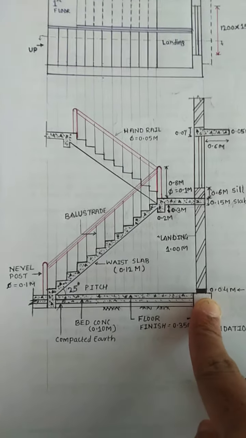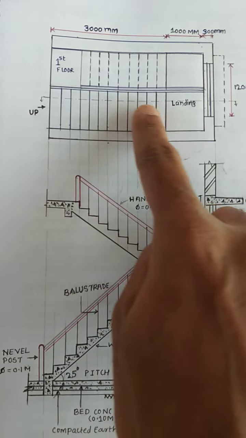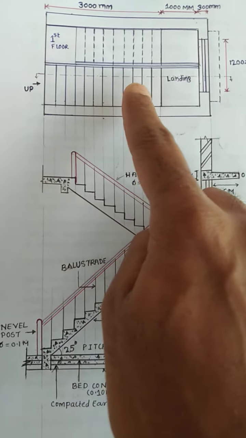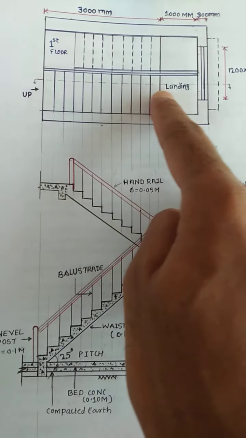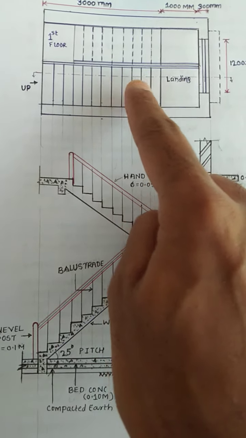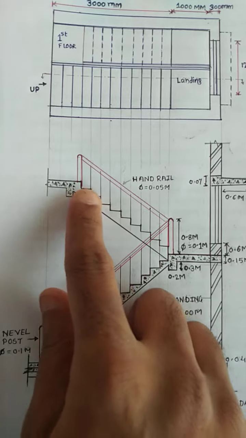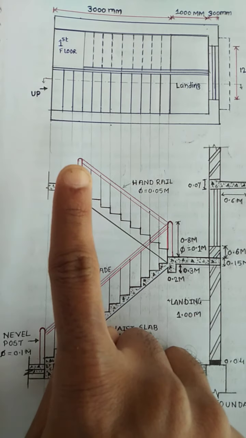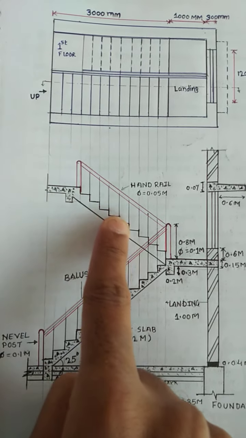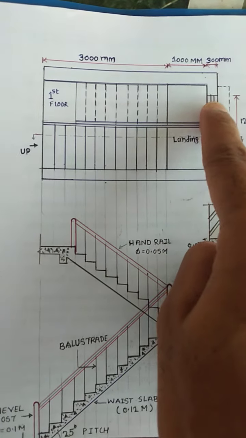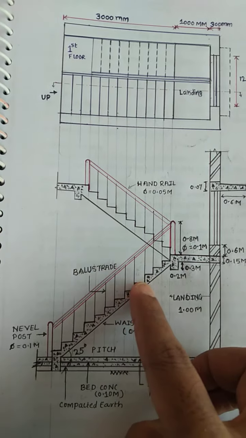Then here is how to draw the section. I have considered a section line over here. Before drawing, just remember that the section is passing through this flight only, so we have to draw the section or the concrete for this particular part only. We cannot draw a concrete part over this flight, because this is not cut in the section. Only this part is cut in the section. That's why the concrete is drawn over here.